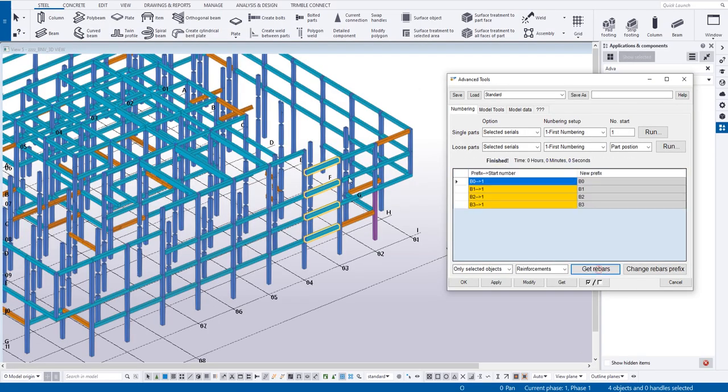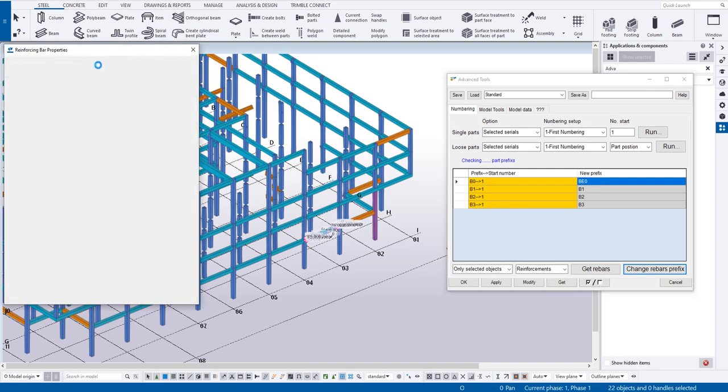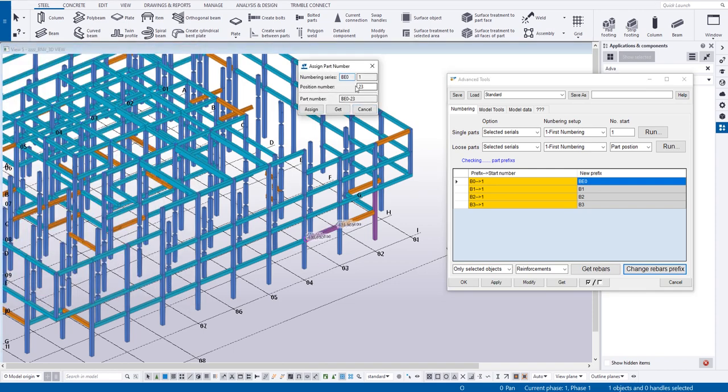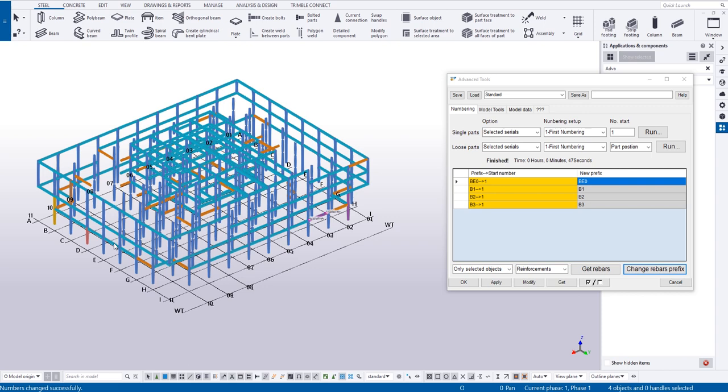Okay, we have some beams at different levels, and we can easily change the rebar prefix to a different prefix and have the same rebar position number. You can easily change the prefix to any value you want, depending on your project. It automatically does it for you and assigns numbers one by one to get all rebar correctly. That makes similar structures have the same mark and position on the model.